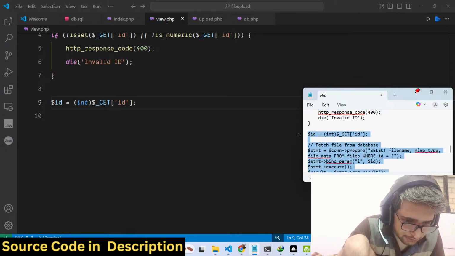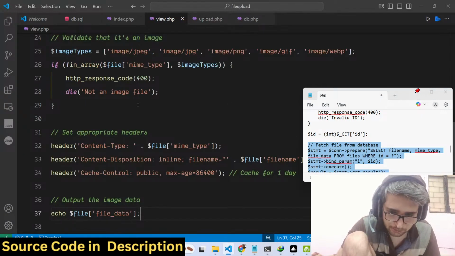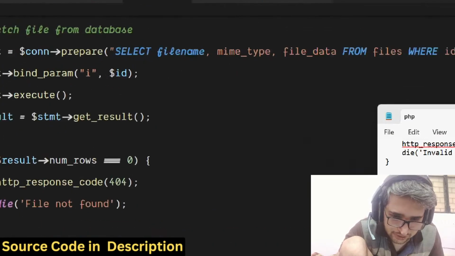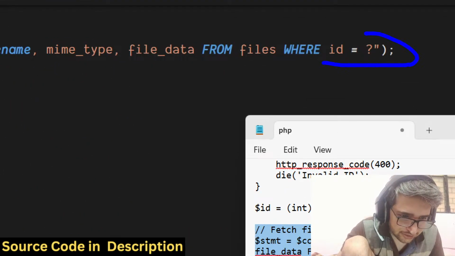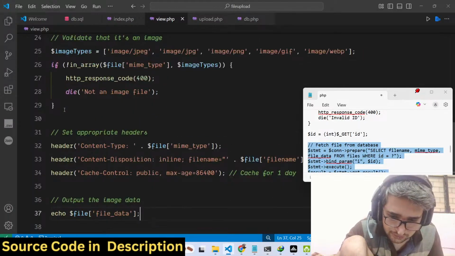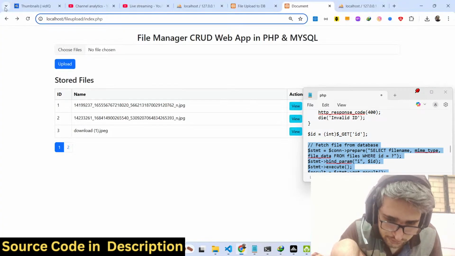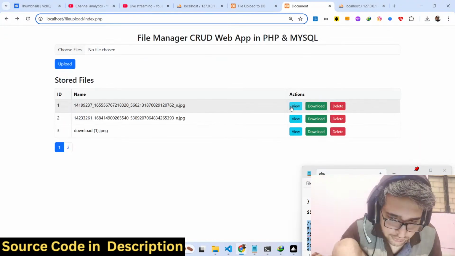This will be the PHP script. We will search the table based upon this primary key that is there inside ID. We will say select file name, mime type, file data from files where ID is equal to that ID, it will return the record and we will display this. So if you refresh now, if you click view,